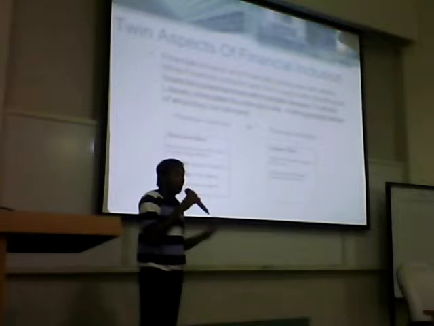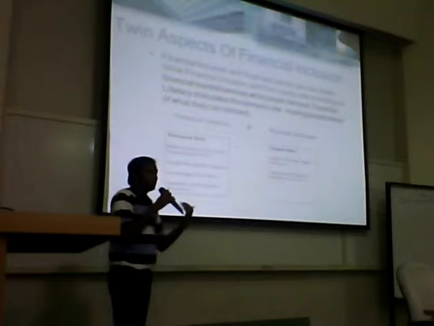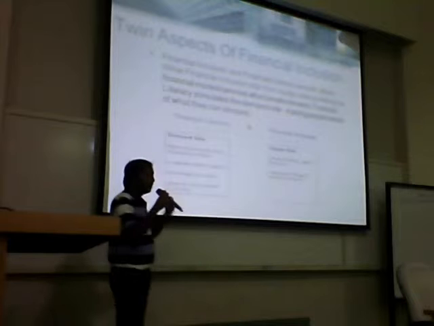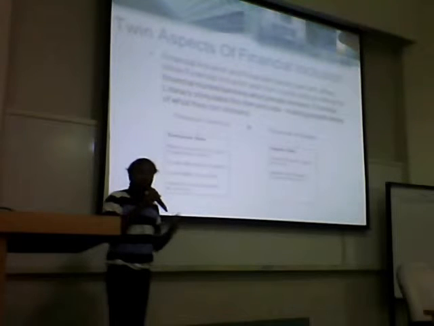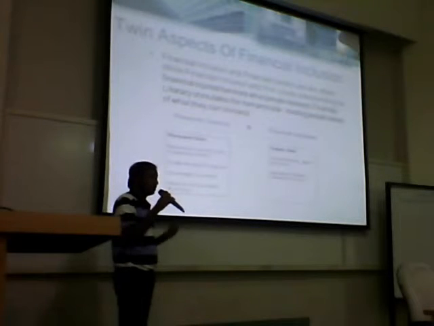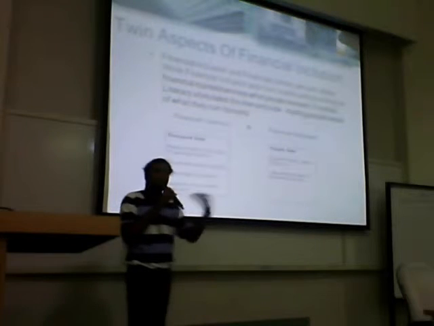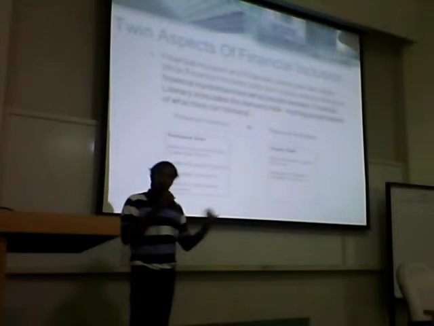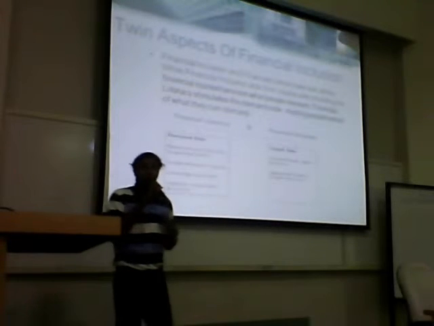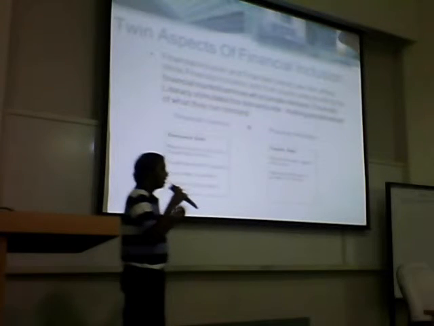So how is it done? It is done by the banks and the other institutions which try to educate the low-income people through various programs, or they go to their homes and educate them about the products and services that these financial institutions can offer. That's how they create the demand side from the low-income groups, and they start accessing financial inclusion services, which is the actual goal of financial inclusion. So that is how critical the financial literacy part is.